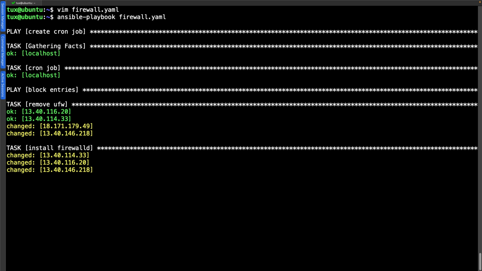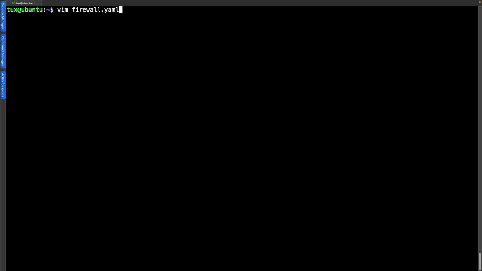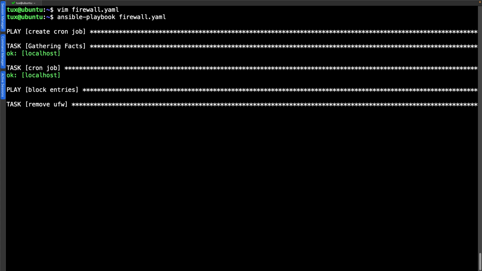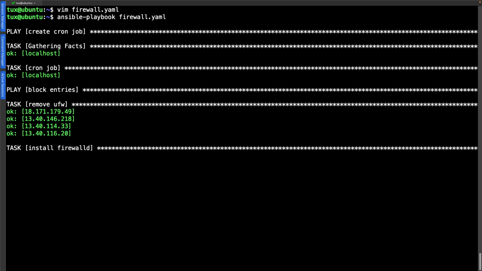Well, we could then go through and just end it now and repeat it again. We're giving it a little bit of time, but it doesn't really seem to be doing too much. So I'm just doing Control-C. And then we can go through and play the playbook again. Let's just move this up to the top of the screen and go through then and run that one more time. And we'll see if it installs this time.